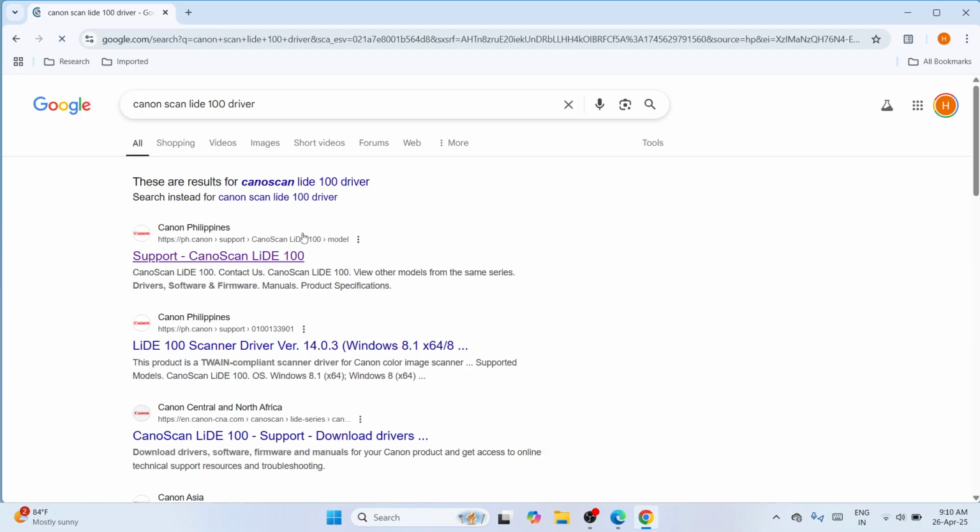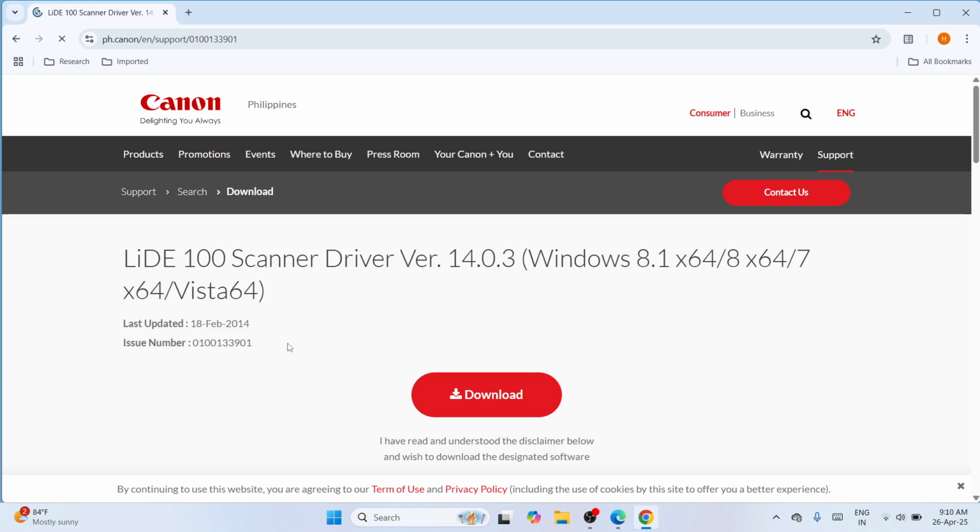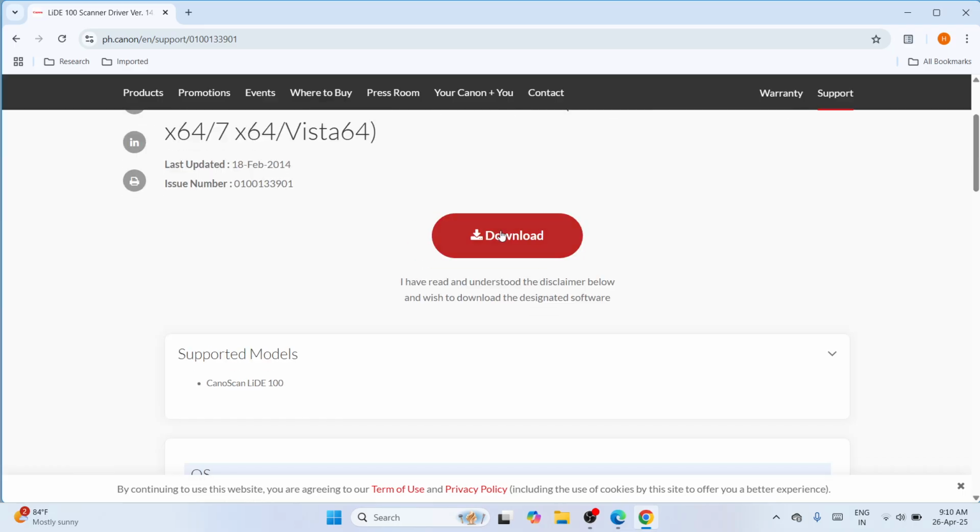Okay, you would be able to see a list of results. Please proceed on this one. Click on it. Okay. And you will be able to see this one, which is the scan driver. All you need to do is you need to click on this download option so that you would be able